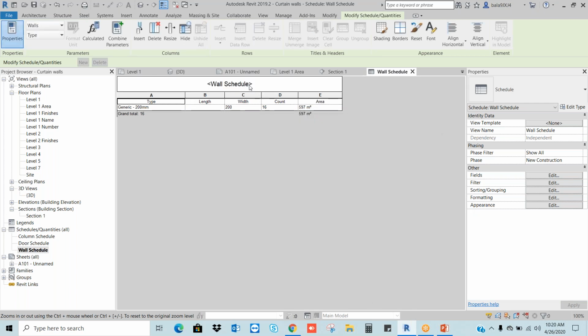Let's say now I want to change this wall schedule into caps. Now I have the upper and lower case, right? Just what I do, I will change it myself. Wall schedule. I will remove it. Okay. Let's say this is only, we have the type. I can say wall type. Okay. Length, width, count, area, whatever you want, you can change it. Okay. Then go to the sheets.